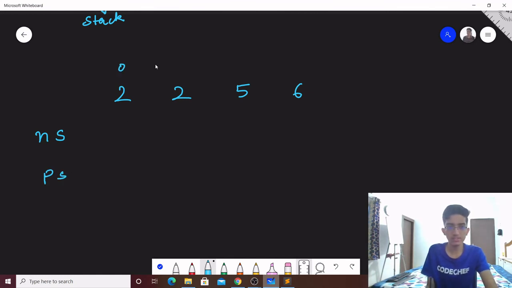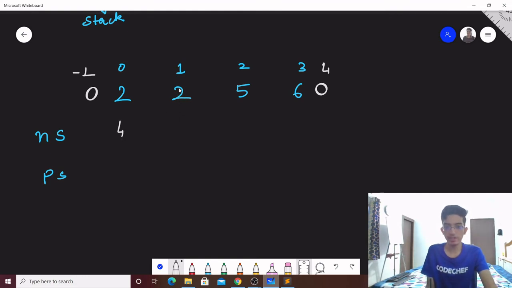The index values are 0, 1, 2, and 3. So for 2, the next smaller, and append auxiliary heights over here. So this will be at index -1 and this will be at index 4. So the next smaller of 2 is at index 4.